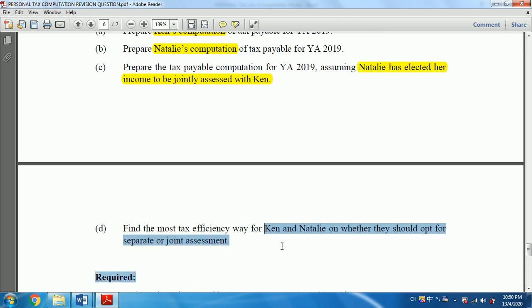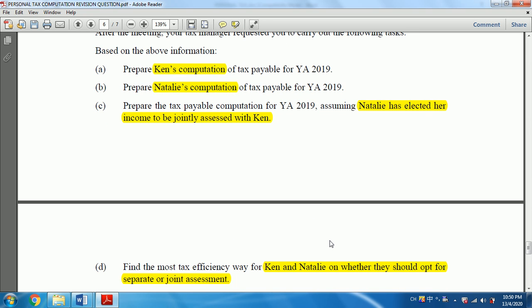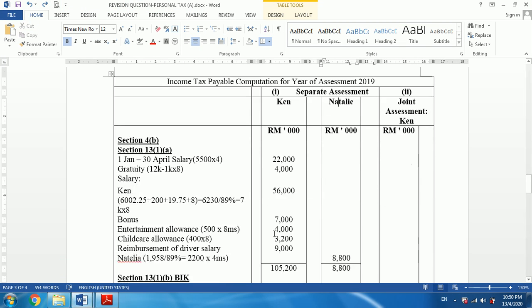So even though the formatting or the kind of questions asked is slightly different, the required task is the same as what we always want you to do. So in your final exams or final assessment, when you see this kind of question, I still need you to prepare it in this way, with the title, income tax computation for YA 2019. Start with the separate assessment under Ken's name, then Natalie, and then the last column will be the joint assessment